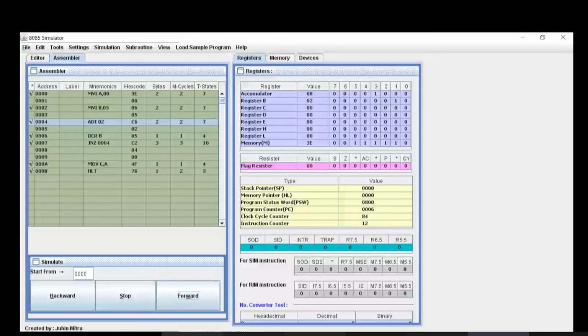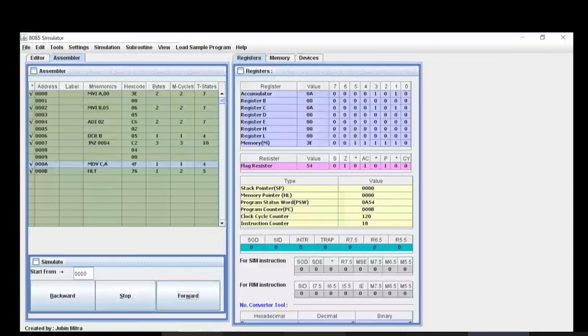One more time, I think. So JNC is going to check with what? It's going to check when B becomes 0. When is this B becoming 0? B initially had a value 5. We started with that. Then the next time it decrements, it becomes 4. The next time it decrements, it becomes 3. The next time 2, and so on. So finally we have the value in the accumulator.